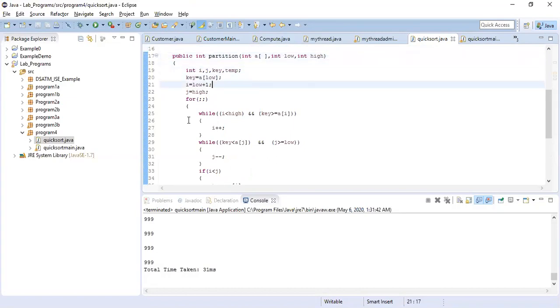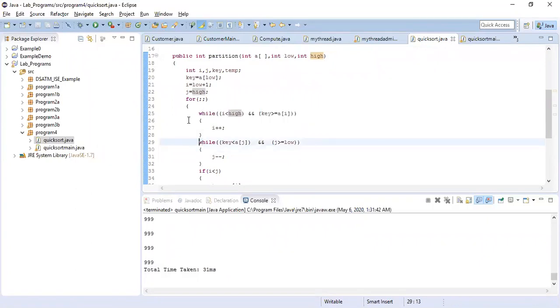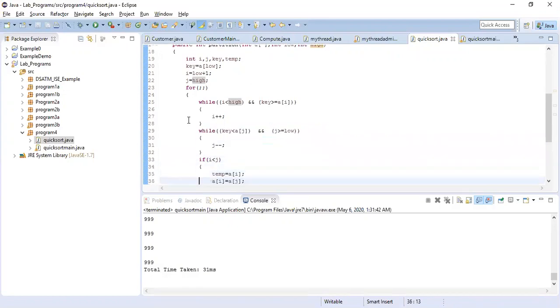Once the partition happens, here is a clue. The elements towards the left of your pivot element will be less than the pivot element. The elements towards the right of your pivot element will be greater than your pivot element. That is the exact position we search for. That is what Quicksort does. I'll explain the algorithm in the next video. But here, just understand one thing.